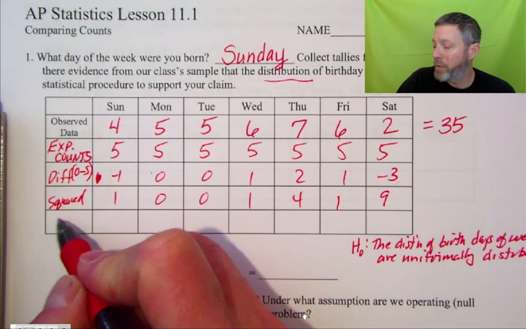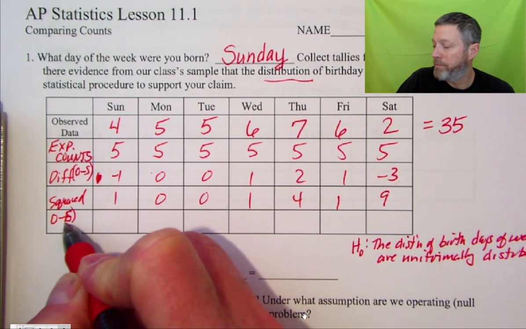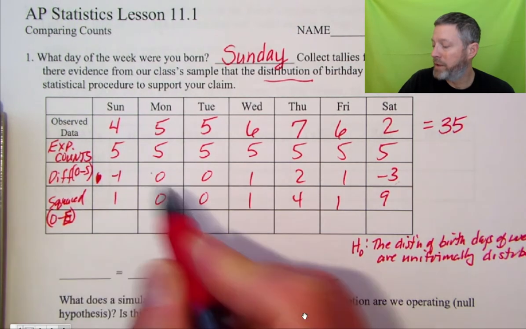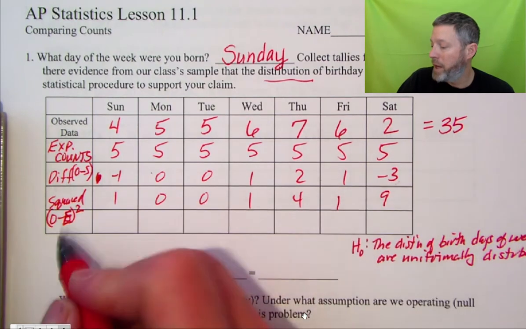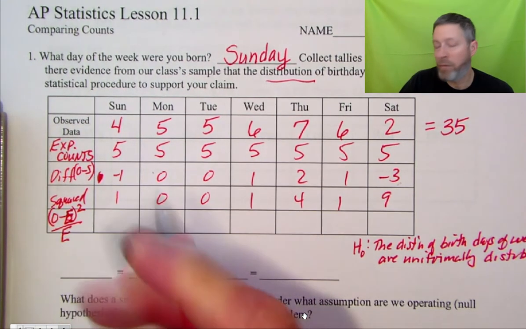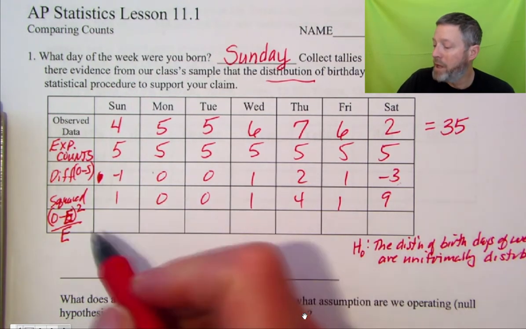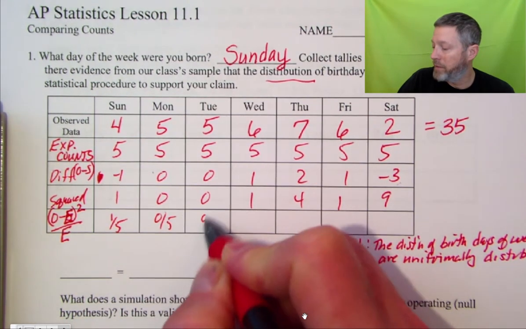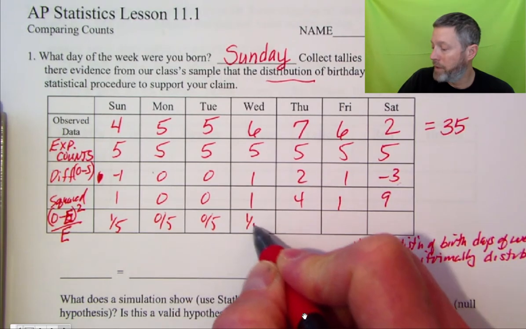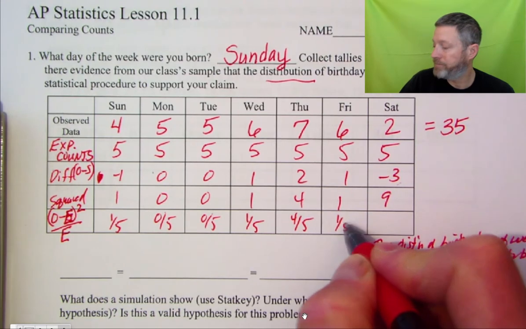So for that reason, in this last column, we're going to take that same observed minus expected that we got, and we square it. Remember, this line here was all squared. And we're going to divide it by what we expected to get, what we might call a relative difference, relative to what we expected, which seems to be a more fair way to compare. So if we take 1 divided by expected, and 0 divided by expected, and 0 divided by expected, and 1 divided by expected, if we divide by the expected the entire time all the way across,